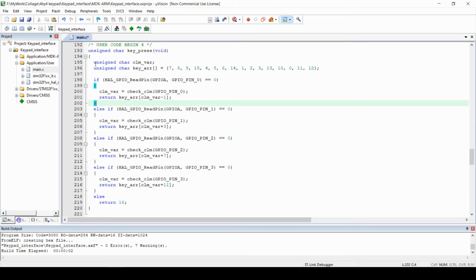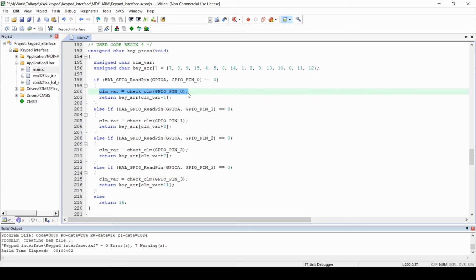As you can see, in the key array we have written the numbers from 0 to 15 in random order. These numbers are written in the sequence in which they occur on a keypad from top to bottom. We will see how the function works. The row voltage will drop down only when a key is pressed, so we are checking exactly that. When a row voltage drops down, that means a key is pressed in that row. So we will check whether a row voltage is equal to logic 0 or logic 1.